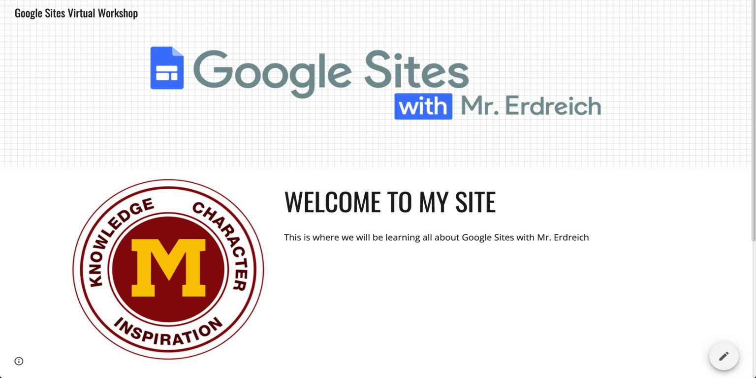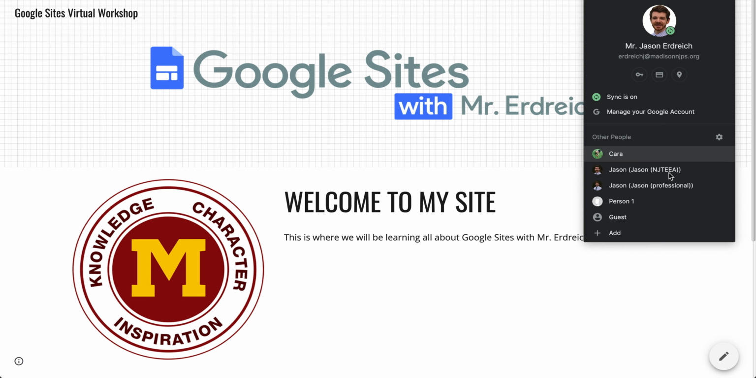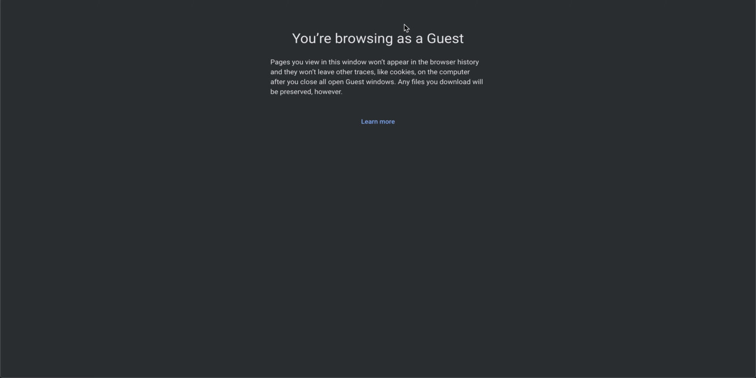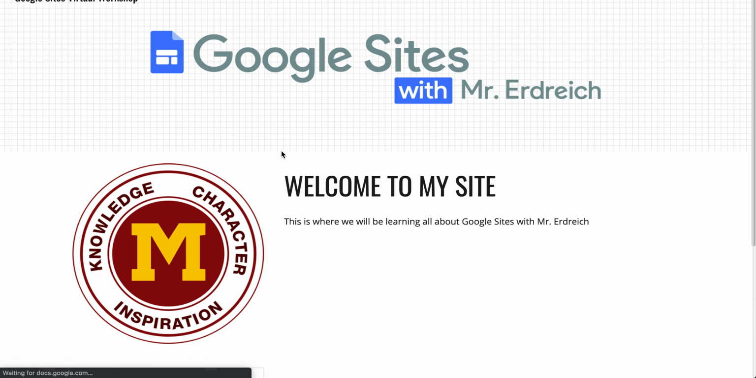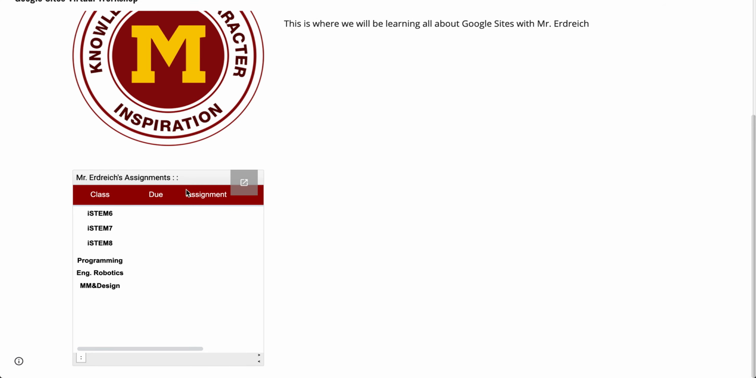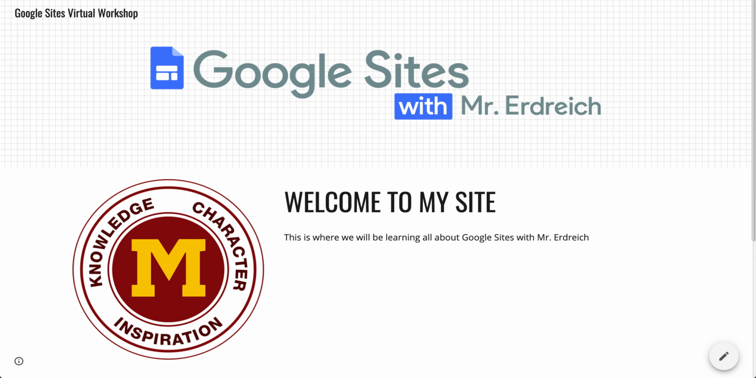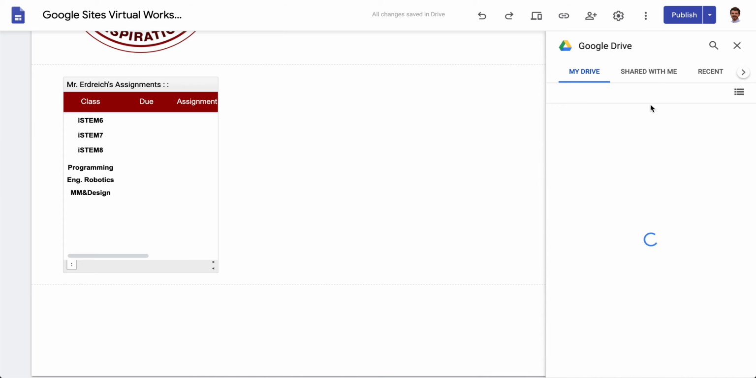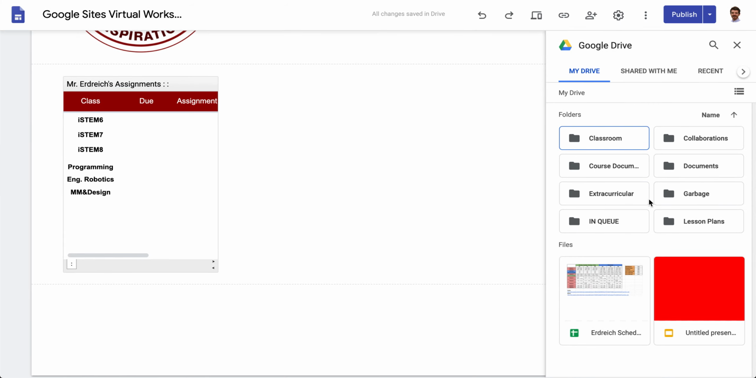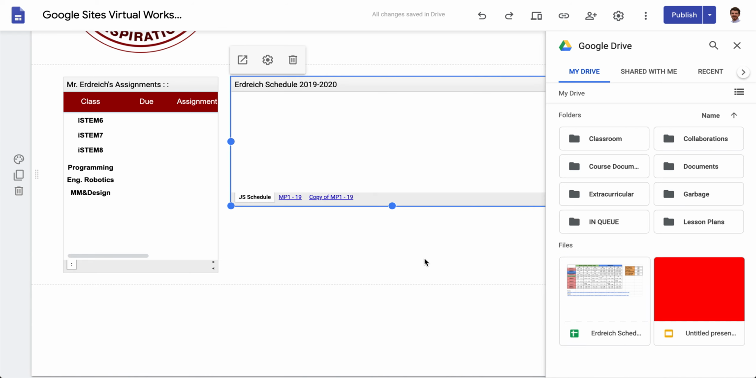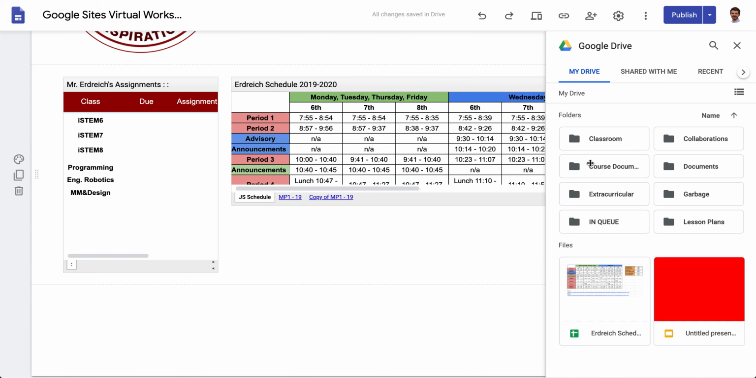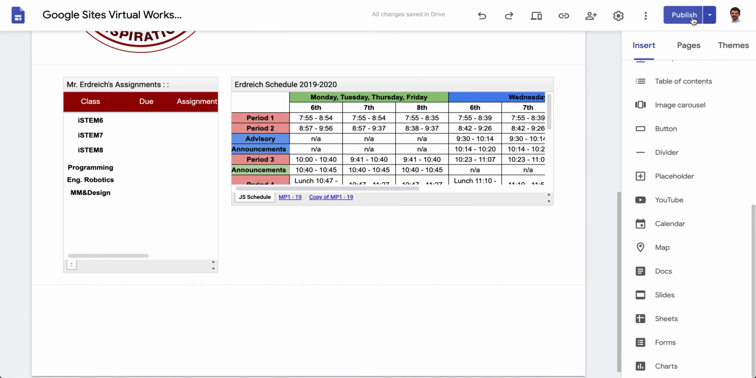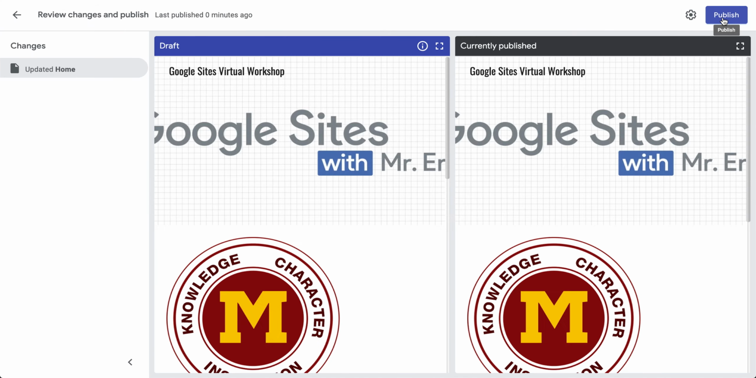If I were to copy my site URL, and if I were to go to, let's say, a guest window, this is where I'm not logged in, I can now browse my site and I can see that these documents are still public. But what if I were to embed a document that I know isn't public? So for example, if I go to my Drive and if I say, let's select my schedule, okay, this is not public. It's only shared with a certain amount of people. And if I publish my site, I hit publish,